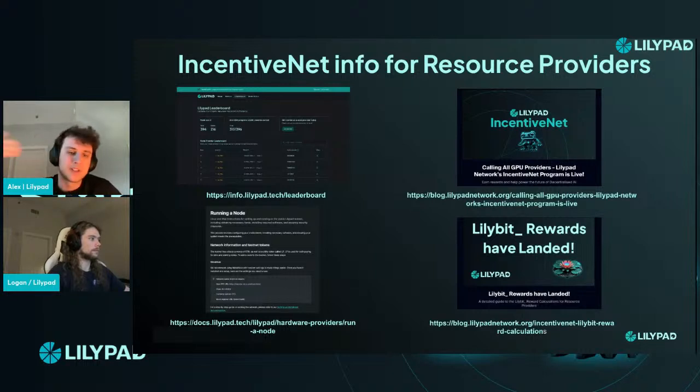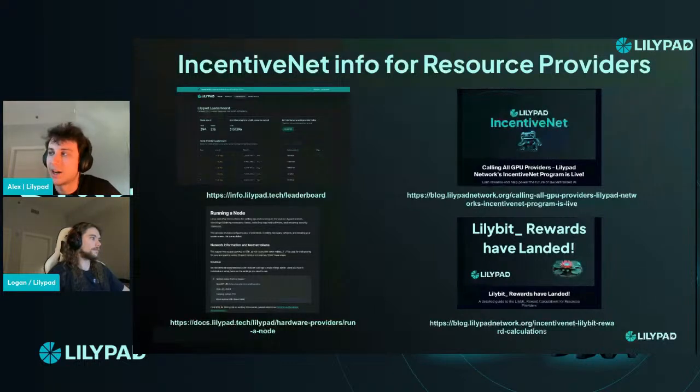Apart from that, we've got some awesome documentation that we've been spending time on to make sure it's really up to date and includes as many edge cases as possible, so that for different issues that arise and different configurations people are using, we have answers. There's also a troubleshooting section in the docs under hardware providers that gets into a lot of FAQs that have come up. Definitely check that out.